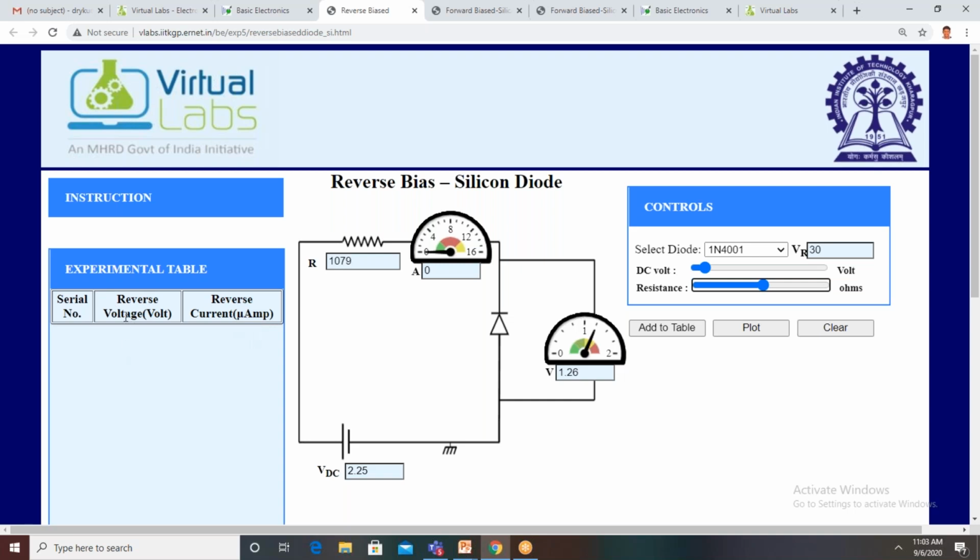In the last one, the table was forward bias voltage versus forward bias current. Now it is reverse voltage versus reverse current. The procedure is the same: by varying the reverse voltage, note down the corresponding current and voltage.